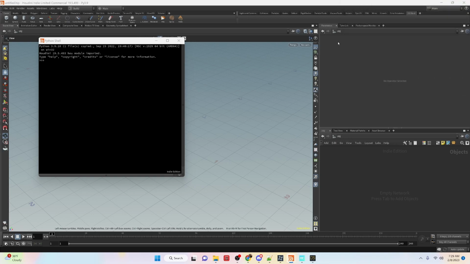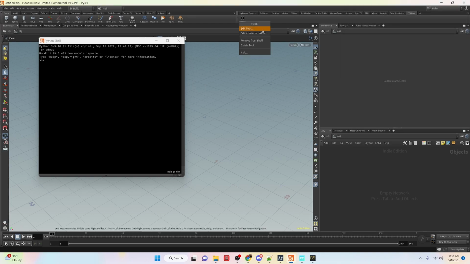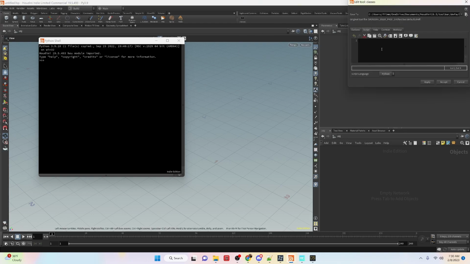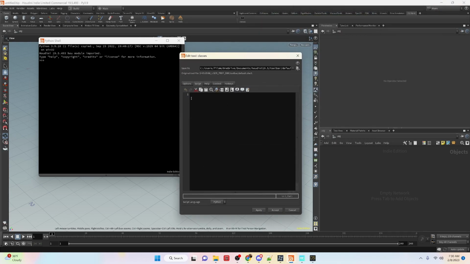Oops, not shelf tab, I already have the shelf tab. I want to create a new tool. This is going to be classes. Okay, so in this tool, we're going to start off by looking at the basics of classes, and then